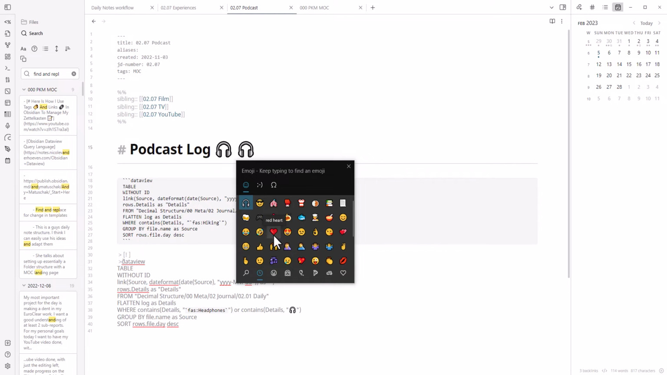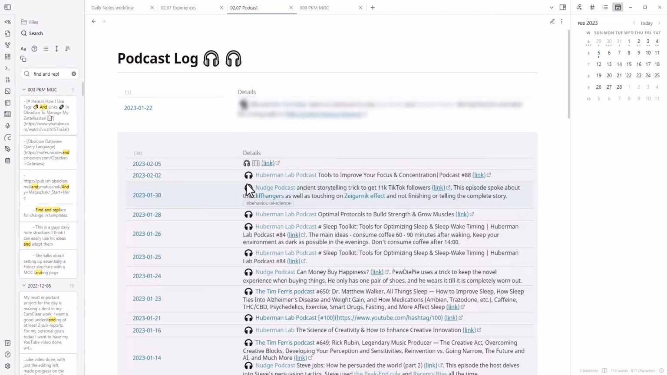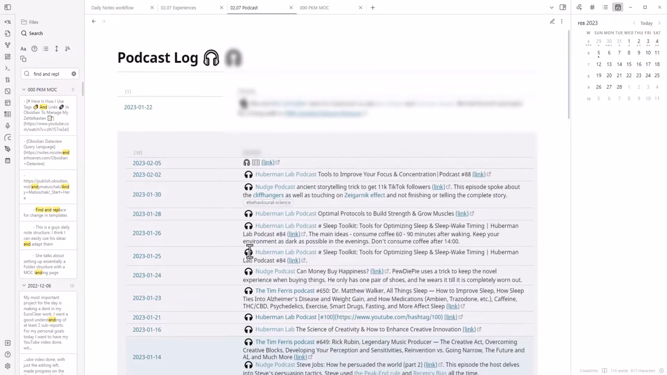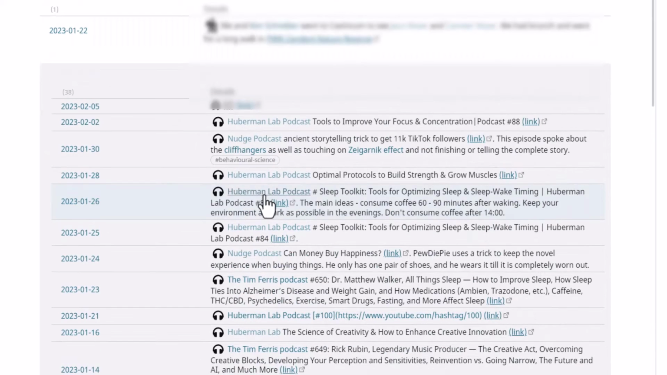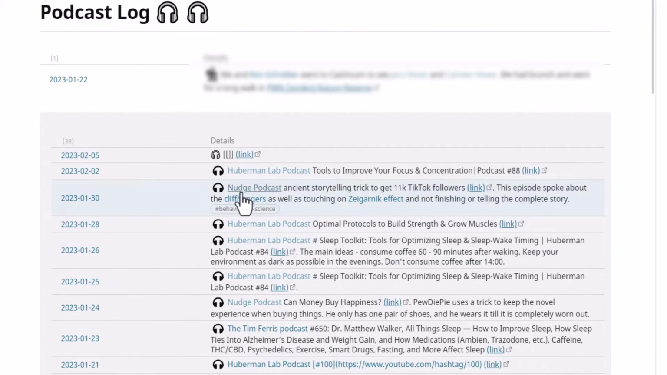So what I want to do is change all of these past entries for podcasts that I listen to from this symbol to the new one. And I do not want to do it manually. So my chosen method of swapping text, swapping icons, swapping emoticons, basically swapping anything that you want to bulk change